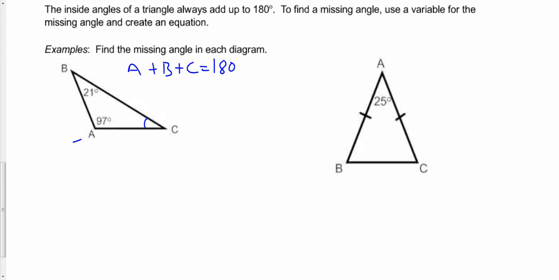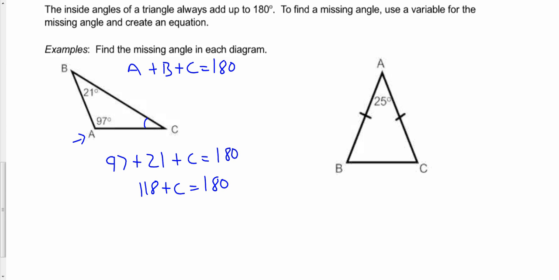Sorry, let me change that. So the value of A is 97 plus B, which is 21, plus C is going to equal 180 degrees. Okay, so what I'm going to do is I'm going to simplify the left-hand side of my equation. I'm going to add 97 plus 21. That's going to equal 118. So 118 plus C is equal to